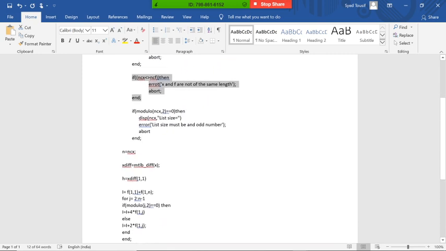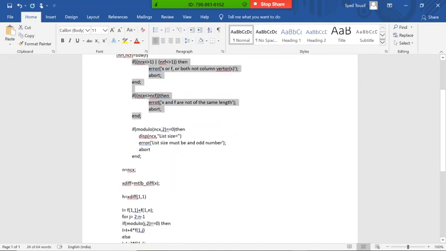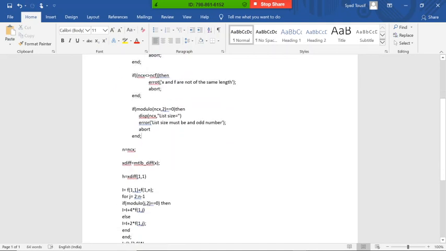After both conditions are satisfied, we check the number of values, because Simpson's rule only applies to an even number of intervals. So we check whether the count is even, and if it is, we terminate saying the list size must be an odd number.